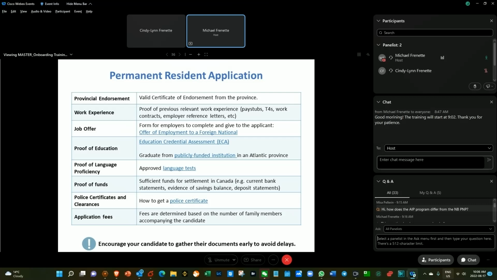Your candidate and your family members that are 18 or older will need to obtain police certificates. They will need to submit police certificates for any country or territory that they have spent 6 months or more in a row within the last 10 years or since the age of 18. Depending on the number of countries or territories your candidate has lived in, this may take some time. There are also resources online that can provide information on how and where to get police certificates from different countries and territories. So please note that it is not necessary to obtain one for Canada.